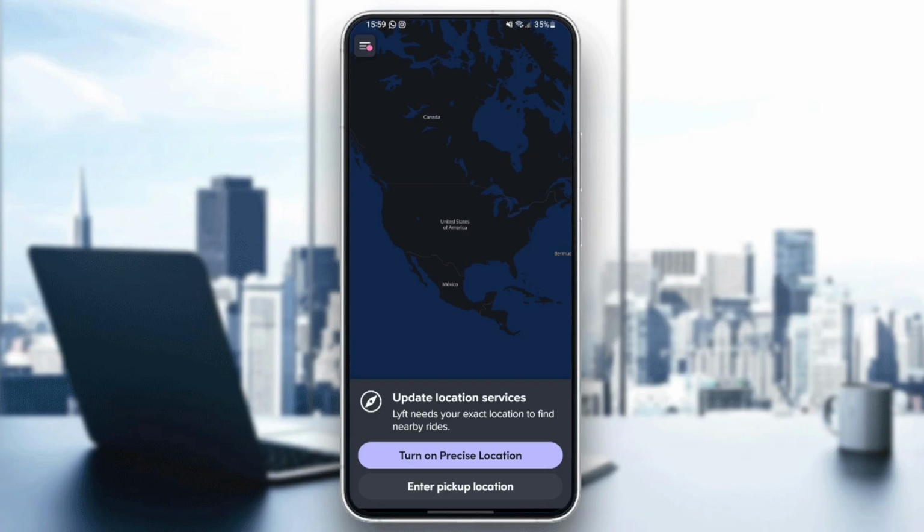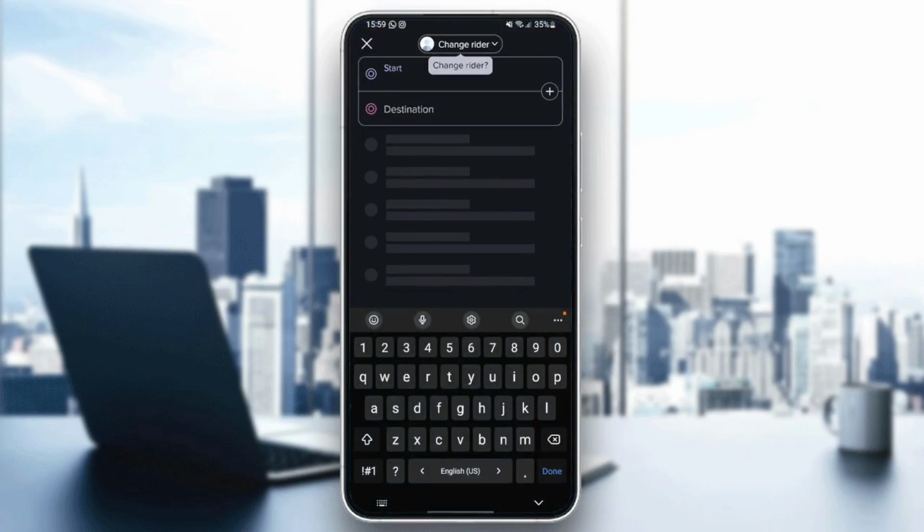Firstly, you're gonna find this message saying update location services. Lyft needs your exact location to find nearby rides. You can either turn on the precise location or you can enter a pickup location. So I'm going to click pickup location, add a pickup location, and then from here, for example, I'm going to type Los Angeles